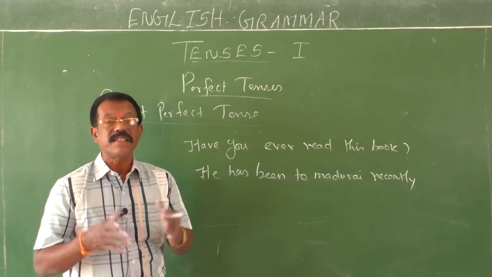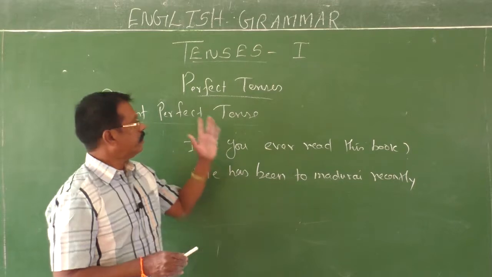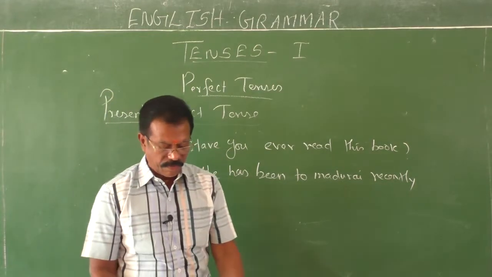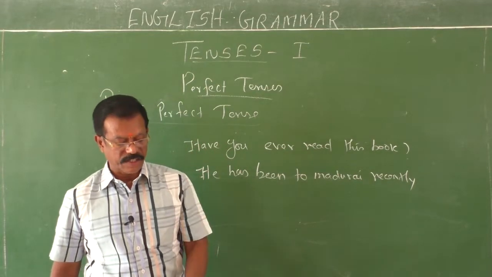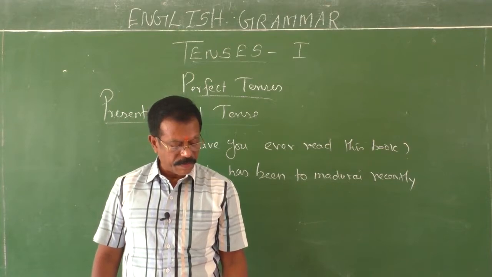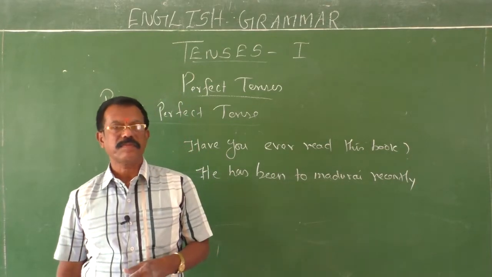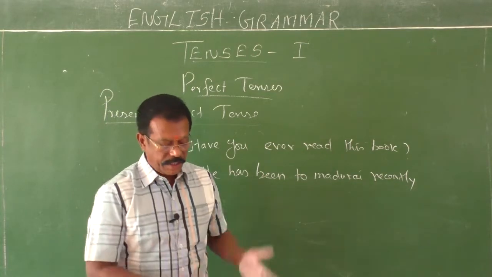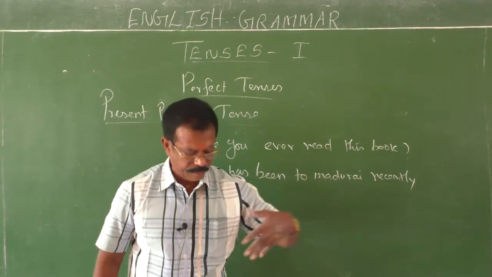I have worked here since April. Okay, so these are all the chief uses of the present perfect tense. We use present perfect tenses to refer to recently completed actions. So the uses of present perfect tense are very important. See, present perfect tense is used to indicate a link between the present and the past. It is used to refer to a link between the present and the past. The time of action is just before now.